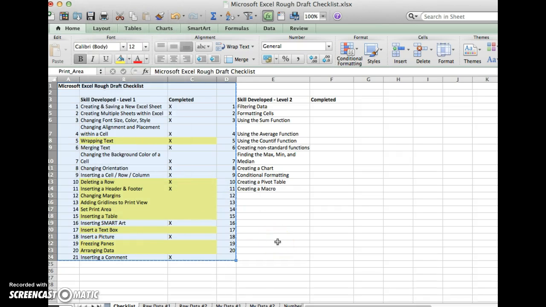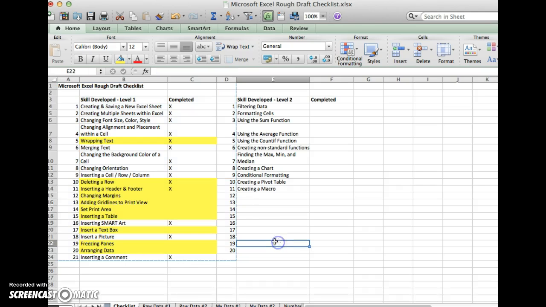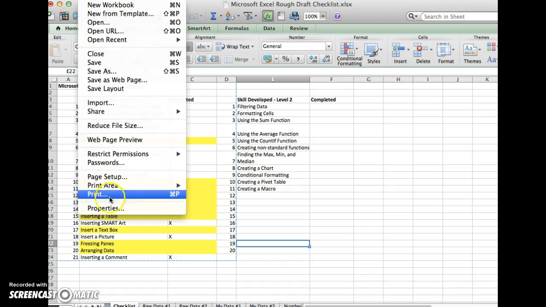So you guys aren't actually going to print in class today, but what you notice is if I go to Print Preview right now, it's only going to be showing me these items. So I do want you to go to Print Preview just to make sure that it's only showing you these items and not these items over here. So we would go to File, Print,